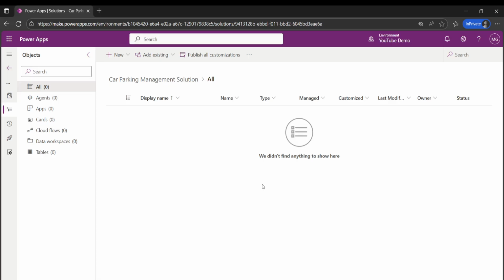Another thing I want to tell you is that if you join the Power Up program provided by Microsoft, you will also get an experimental environment, a Power Up environment. But keep in mind that you won't have all the licenses, so you might run into some issues when you're creating a Power Automate flow because you don't have certain connectors and so on. So I do recommend that you use the Power Apps free trial